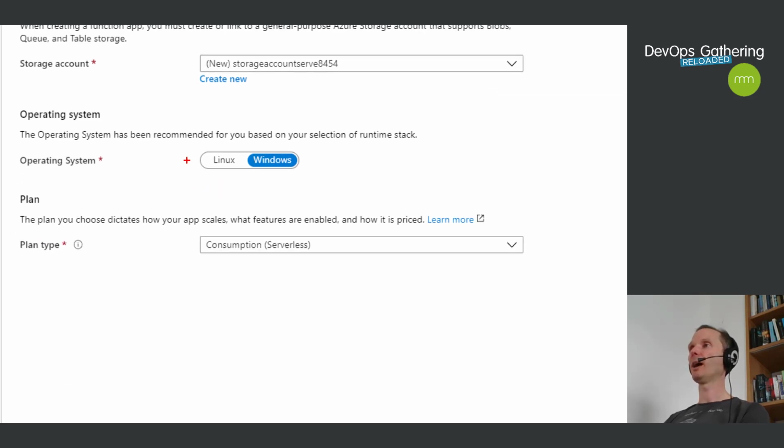Now it should work. I have to choose whether I want to use Windows or Linux servers. It's called serverless, yes, that's true, but still I have to think about which operating system I would like to use. And you have the choice in Azure between Linux and Windows. I will now stick to Windows, but Linux works perfectly fine. We run Linux, we run Windows, it really doesn't matter.